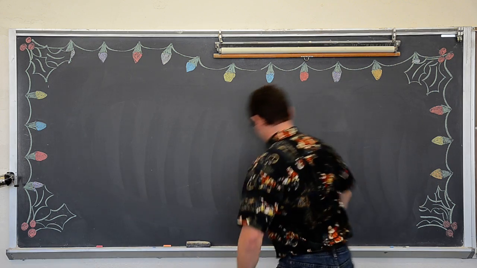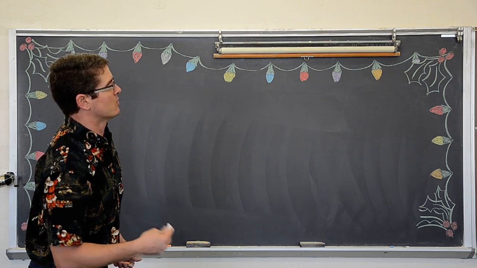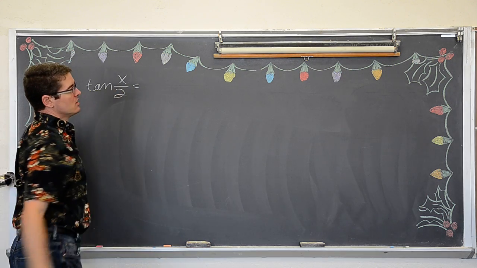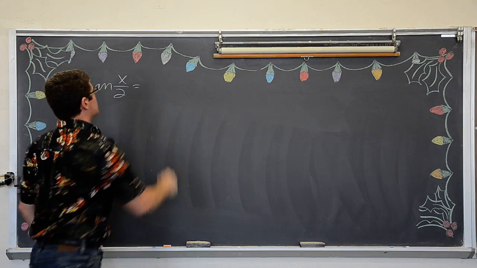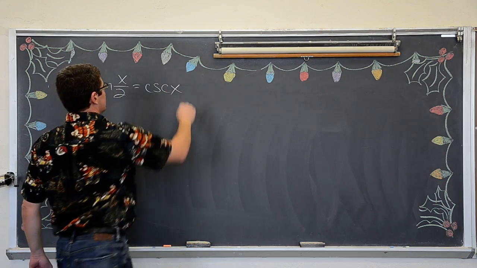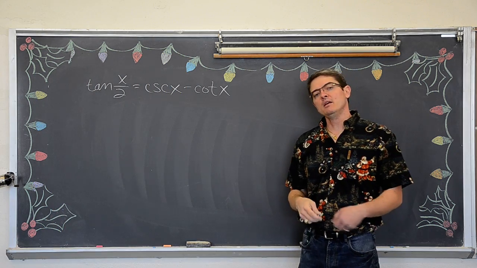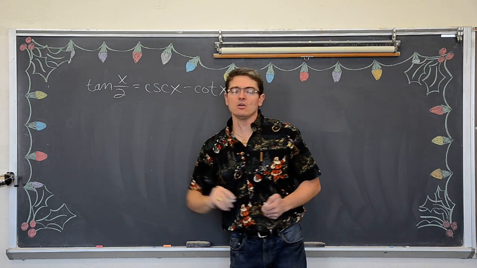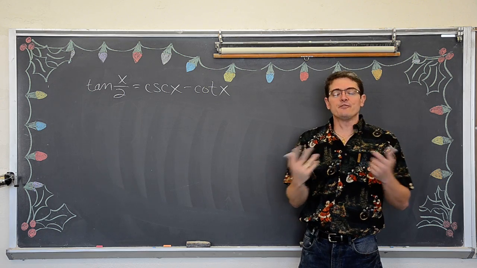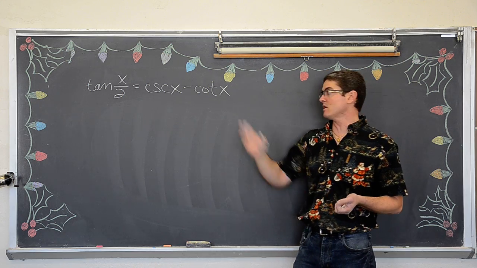Alrighty then, let's do another one. How about one that's pretty straightforward, and then we'll do an easy one, or a hard one. Tangent of x over 2 equals, you might think these are all hard, and they are when you first start learning them, cosecant of x minus cotangent of x. Okay, if you look at your formula sheet, you'll notice that the tangent of a half angle only has sine and cosine in the 3 versions of that identity. So no cosecants, no cotangents. So we're going to work with the right-hand side.